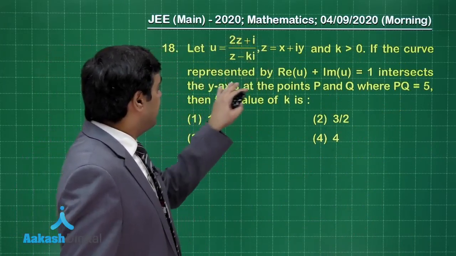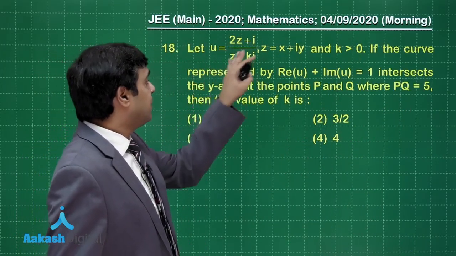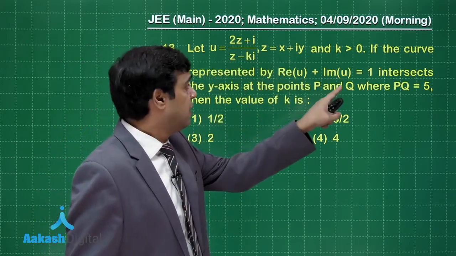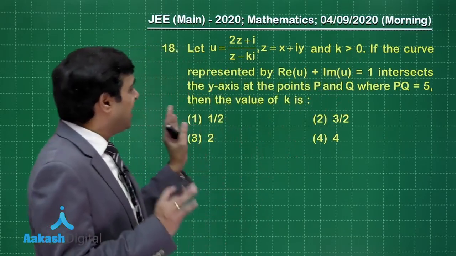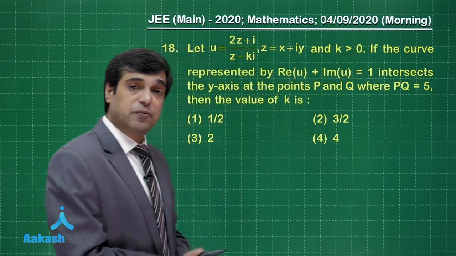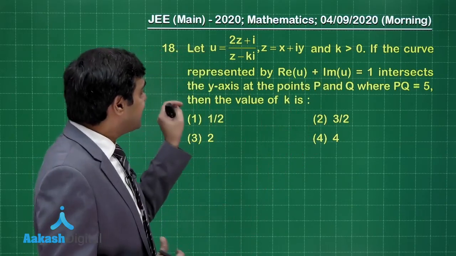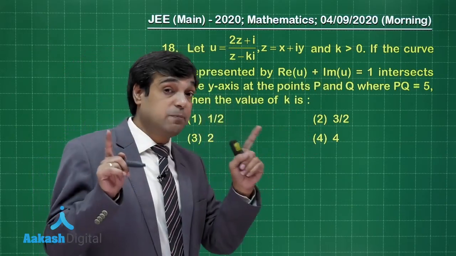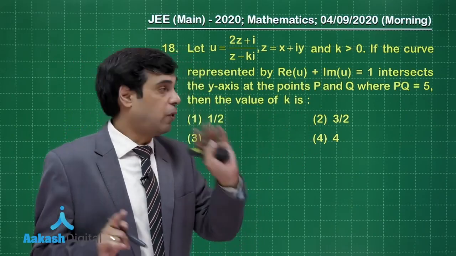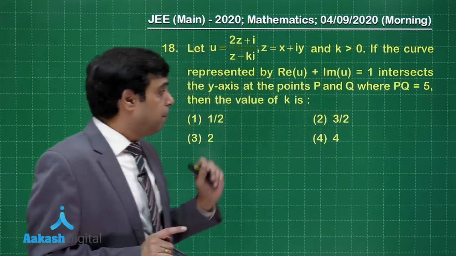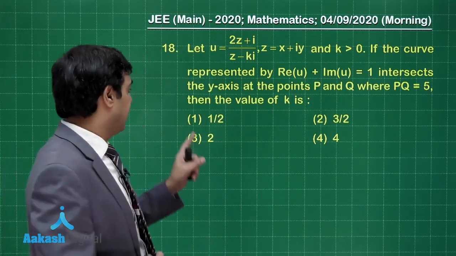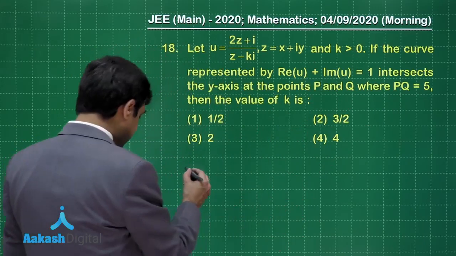Question from complex numbers. Let u equals (2z plus i) upon (z minus ki), where z is x plus iy and k is positive. If the curve represented by real part of u plus imaginary part of u equals 1 intersects the y-axis at 2 points P and Q, a curve is there which is intersecting the y-axis at 2 points, where PQ is 5, the length of that intercept is given. The value of k is, let's try,